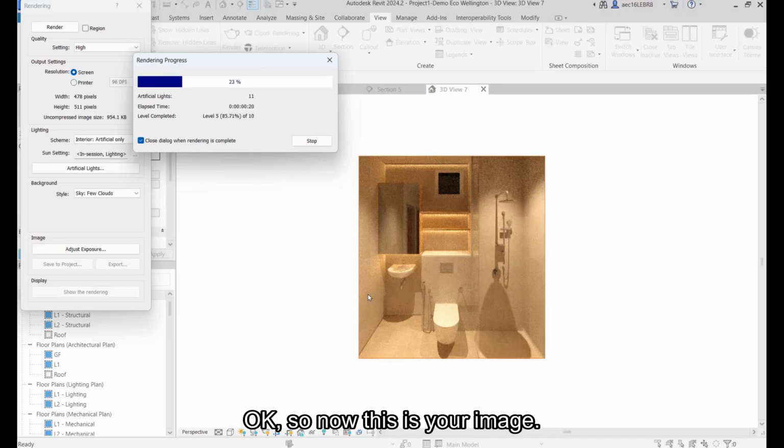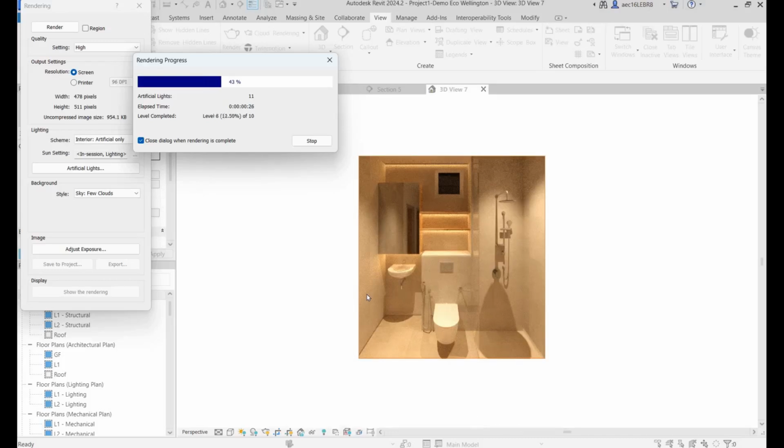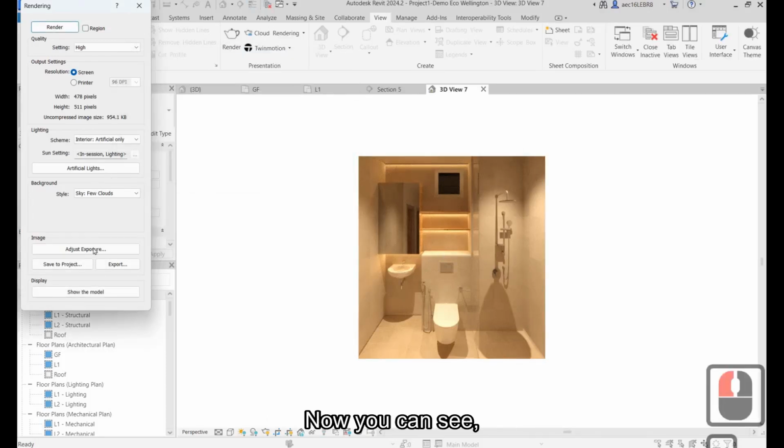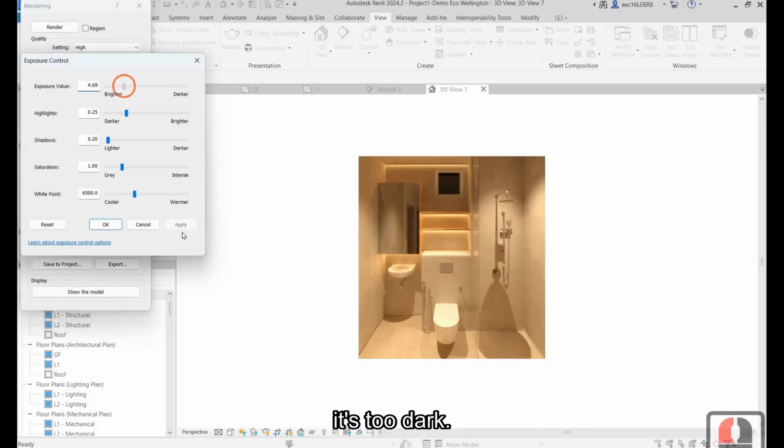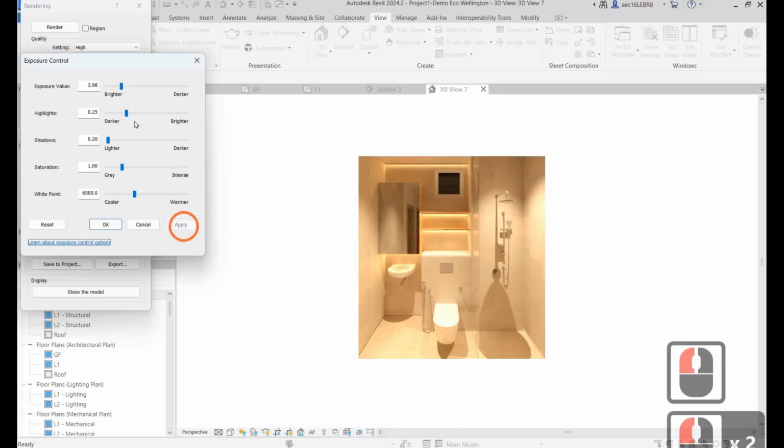Okay, so now this is your render image. So the rendering is done. Now you can adjust the exposure if you think it's too dark. Okay, now it's okay.